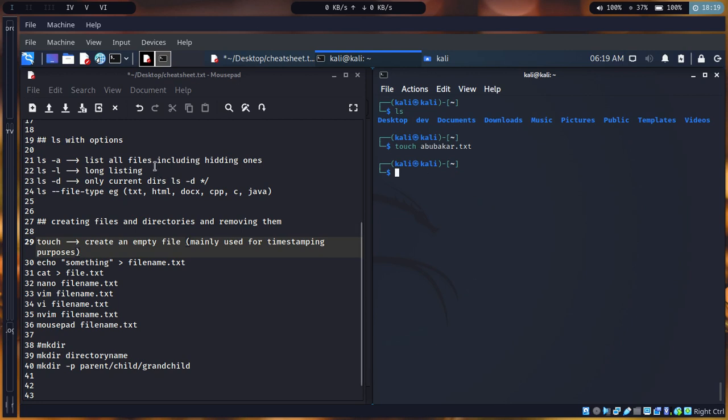You use this option with ls to display the timestamp. So I do ls -l, and I can see the name of the file, Abu Bakr. I don't want to see the desktop and all these things. I'm only interested in Abu Bakr. You see, the file has been created at July 17th,